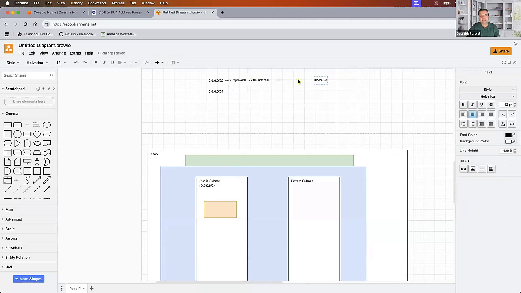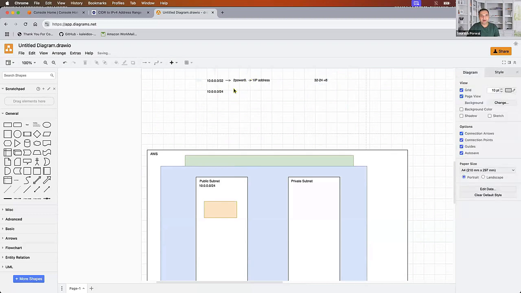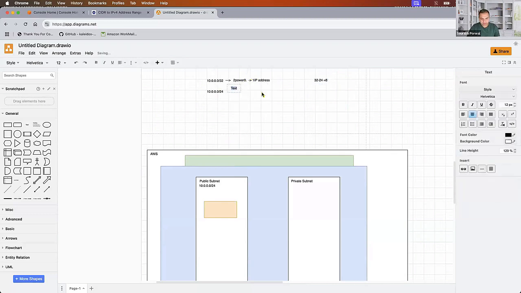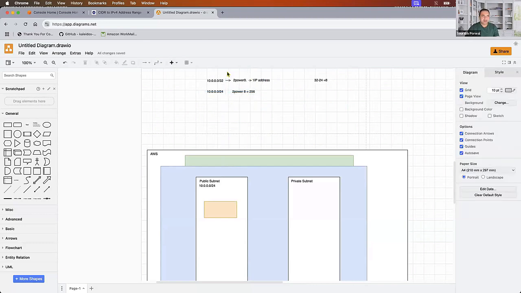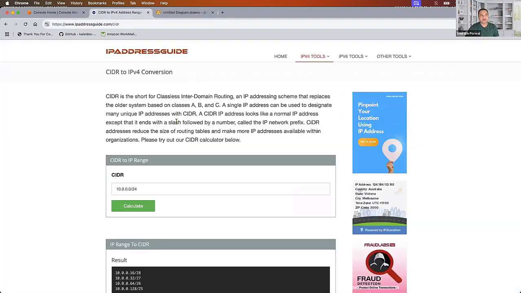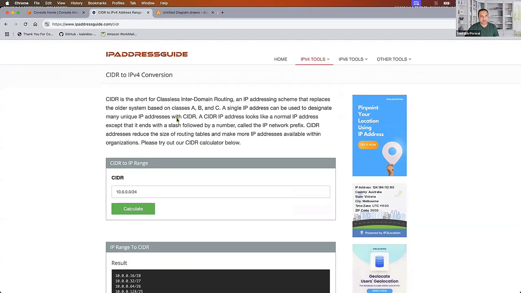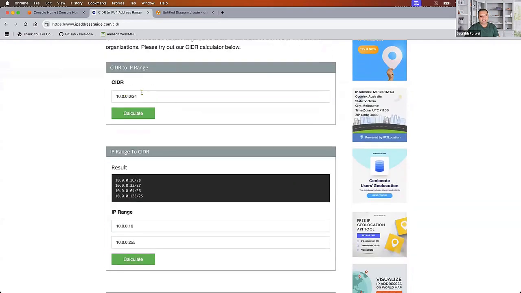And the number of IP addresses will be 2 to the power 8. So 2 to the power 8 equals 256. So it's a very mathematical calculation. You don't have to remember it always. There are many websites which will give you exactly the number of IP addresses that correspond